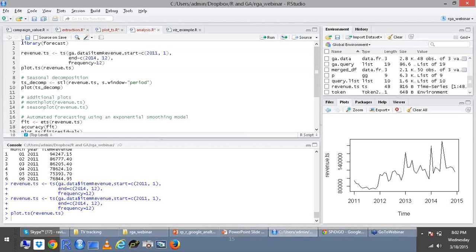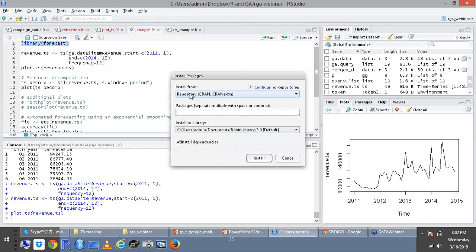You have to get this library called forecast, which is available through Tools, Install Packages, and you can write forecast. There you go. I have it installed, so I'm not installing it, but it's pretty easy to install.